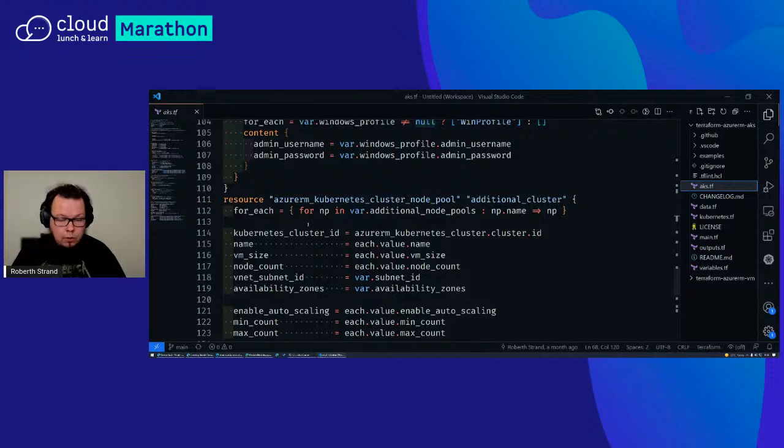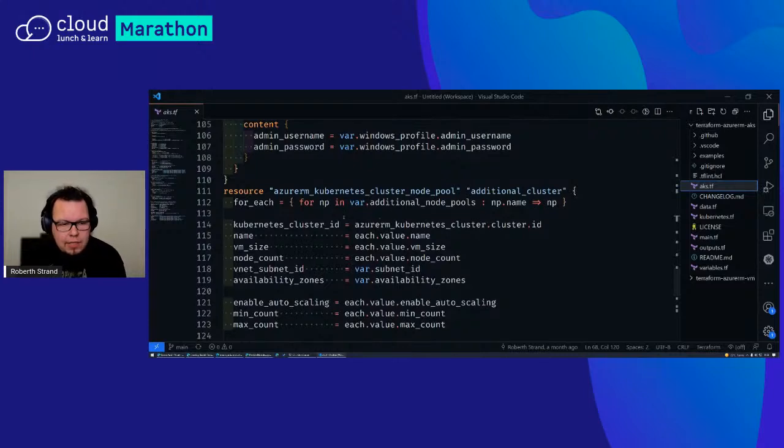So if it's 1, it will happen once. If it's 1,000, it will happen 1,000 times. Probably shouldn't have 1,000 additional node pools. Well, I don't know, maybe you want that. So this gobbledygook thing just means that, if you see in a for each loop, you can kind of